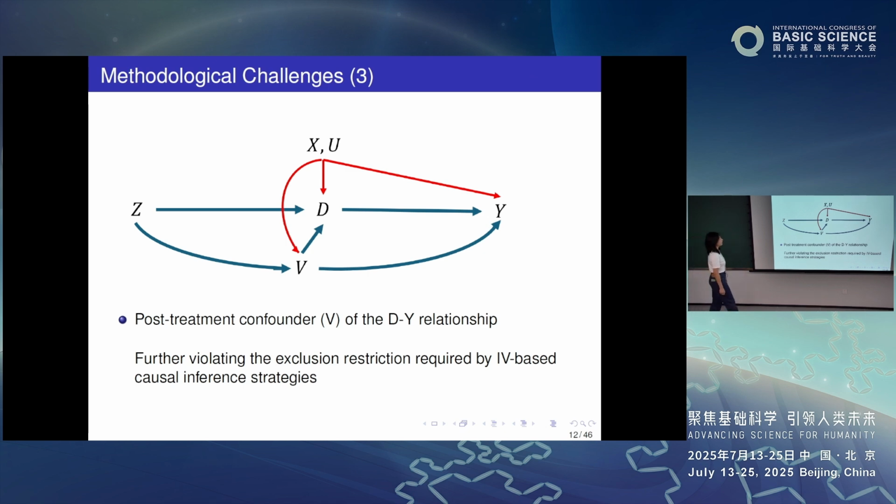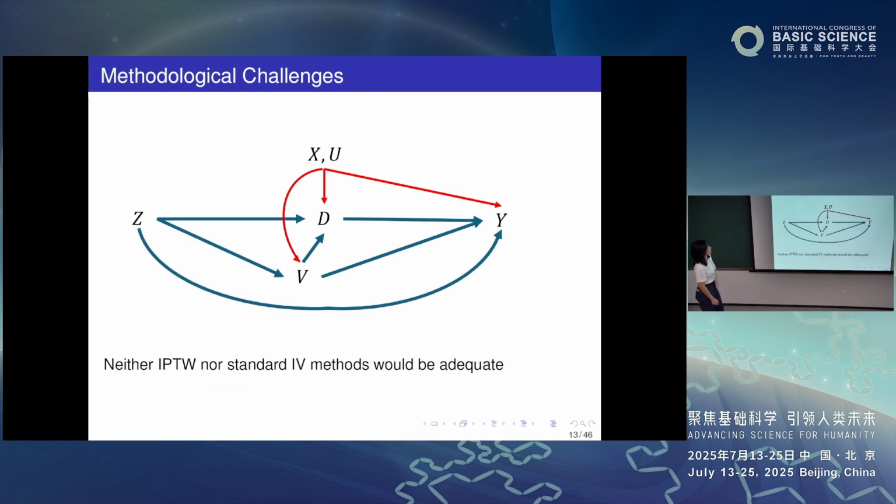Further, as we said, how the students perform, or the test score at the end of the kindergarten year, we denote as V. It may predict both D and Y, right? And also it's affected by Z potentially. And given the existence of this variable, again, it opens the door between Z and Y that is not through D. So again, the existence of this post-treatment confounder will also violate the key assumption of the standard IV method. So there are a lot of methodological challenges that we hope to address.